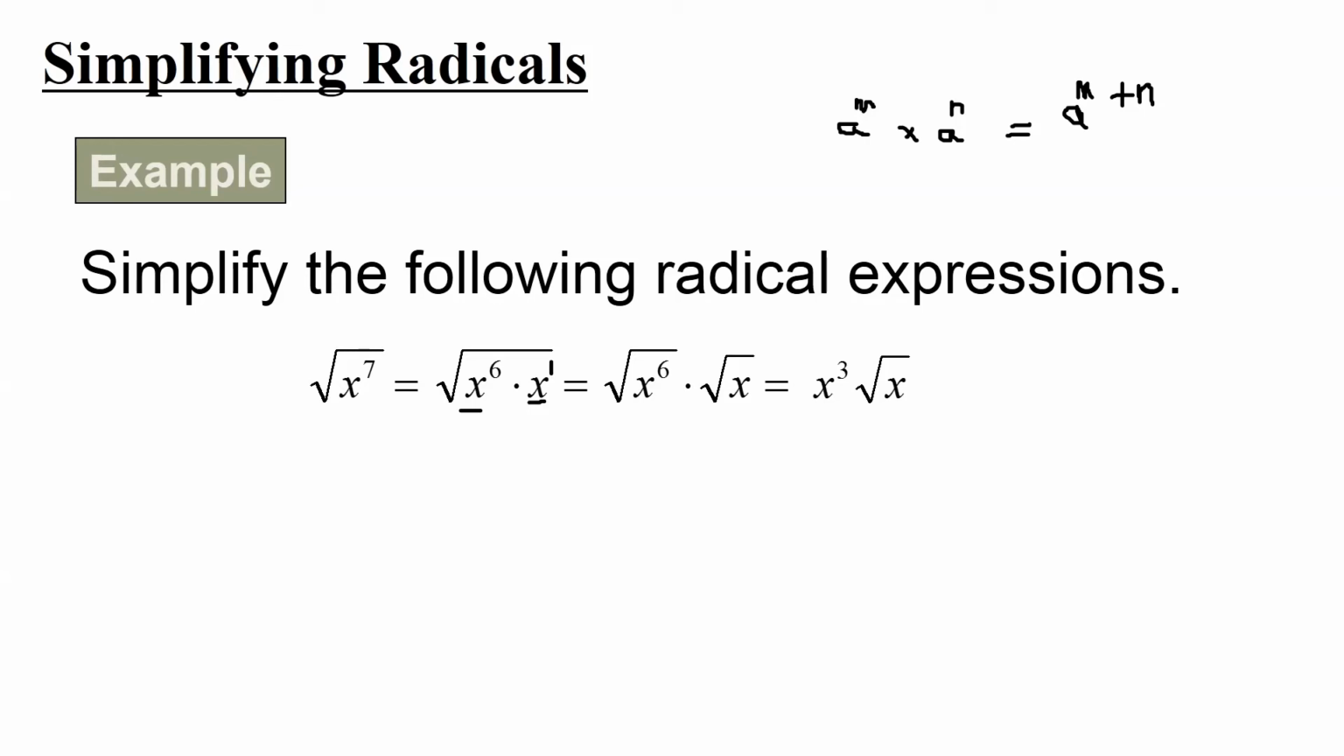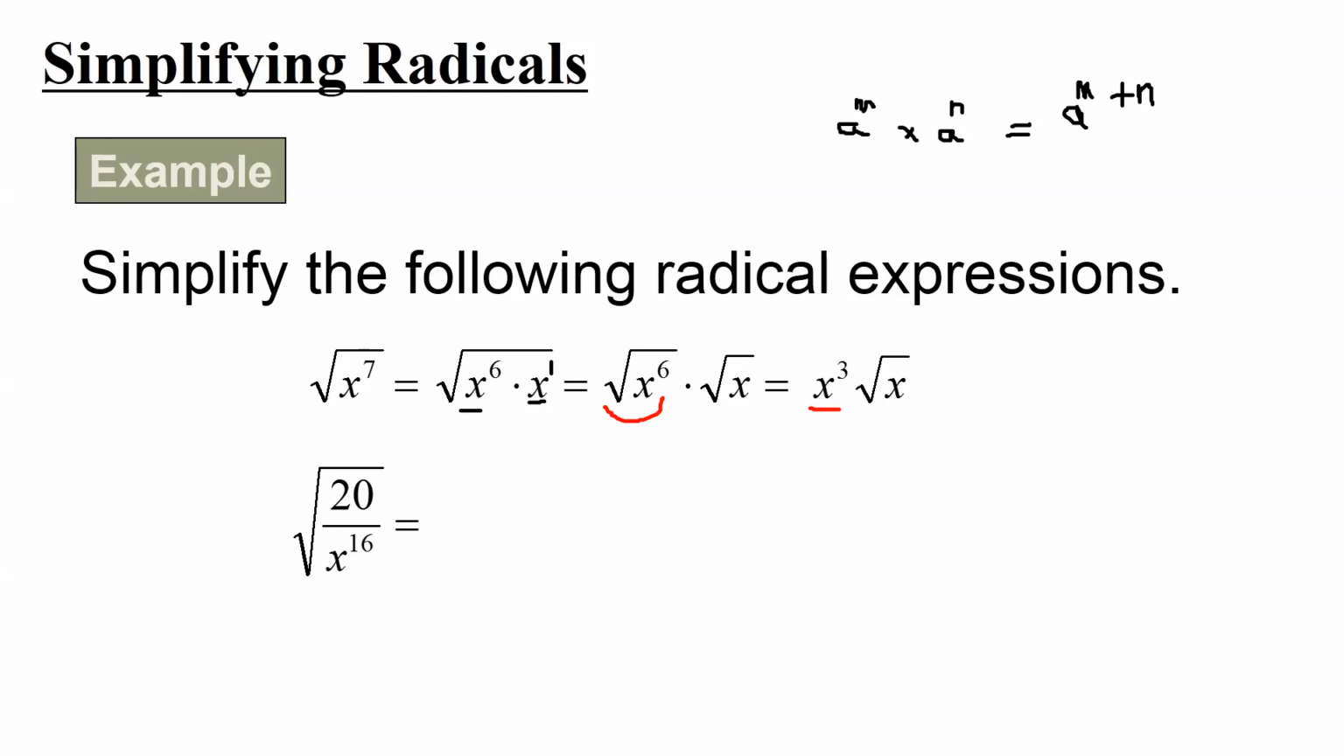So the radical x to the power 6, as you can see, we put it outside the radical as x to the power 3 because it's an even power. So everything which is even, you can put it outside the radical, and radical x stays as it is because it's an odd power. Okay, another example,